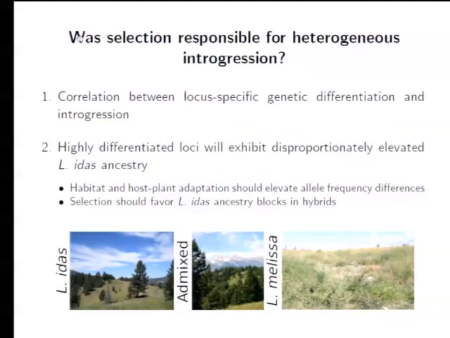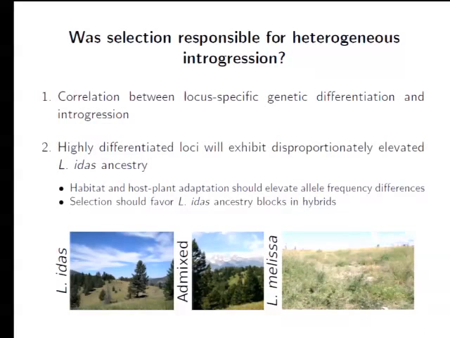So is selection responsible for this heterogeneous integration, this specific genomic makeup that's happening in these admixed populations? And again, there are two predictions that should hold if it's true. First, if divergent selection is a major cause of the high genetic differentiation loci between the parental species, and the same selection pressures are operating in the admixed populations, in other words, if the same loci that are important for divergent adaptation are also under selection in hybrids, then I should see a correlation between those measures of differentiation, FST, between the parents and that measure of integration, alpha, in the hybrids. Those things that are more differentiated should have more exceptional integration. Second,